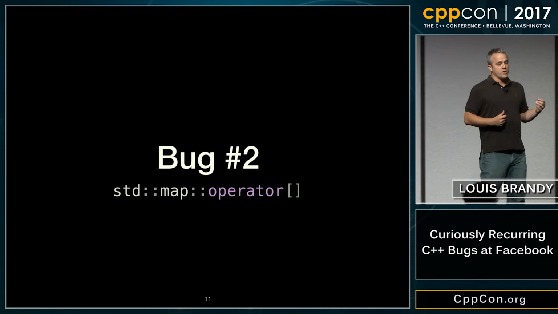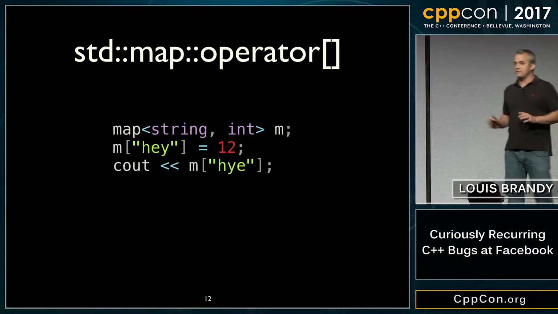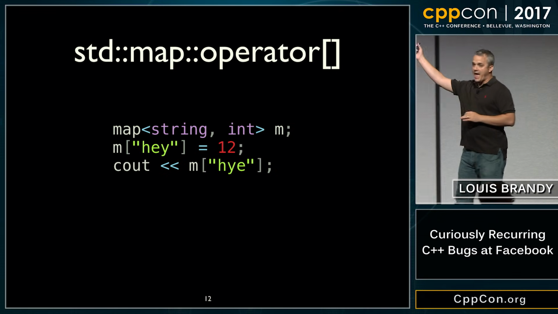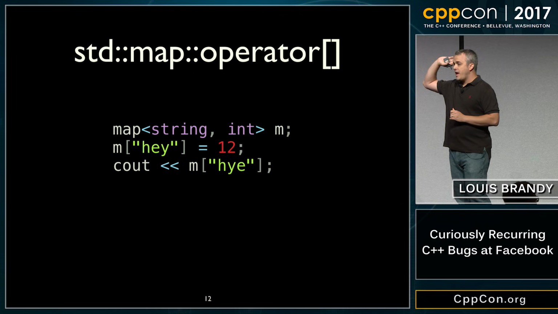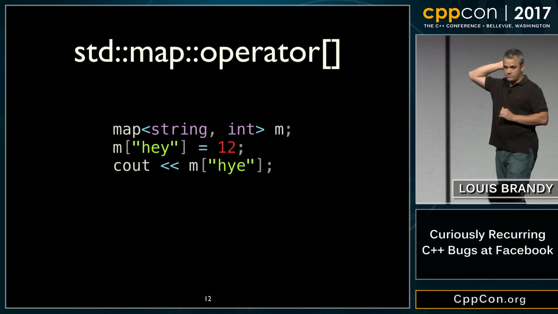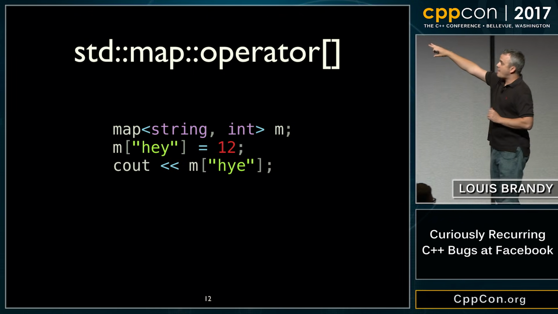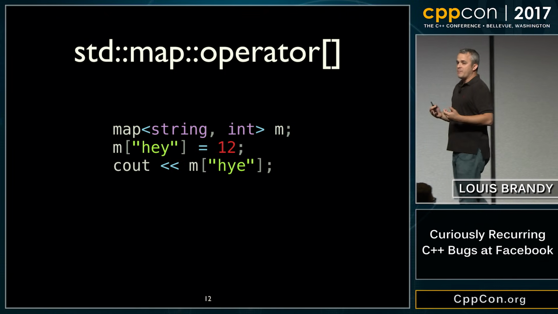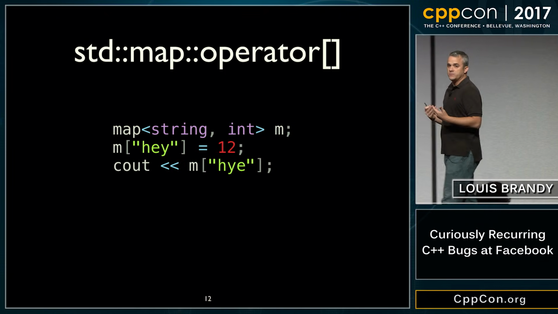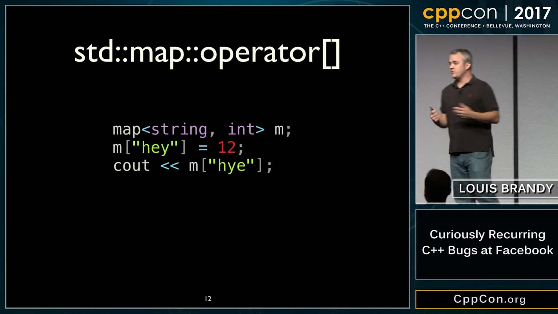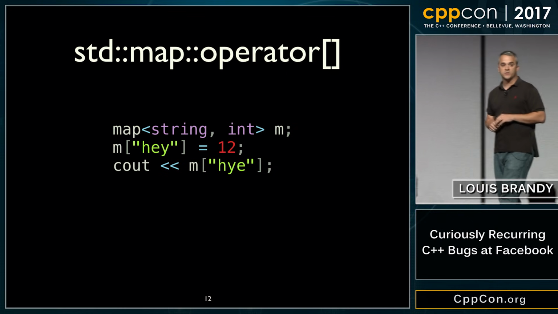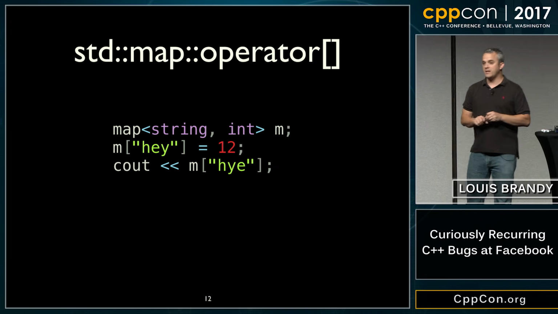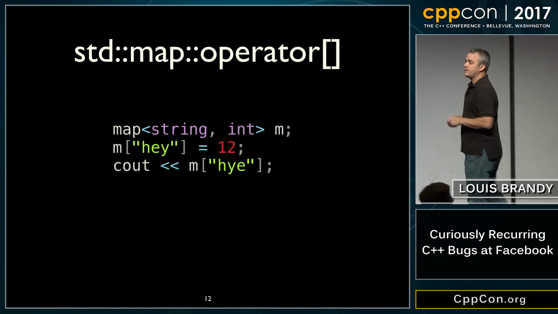So I hope most of you know where I'm headed, but if you don't, let's be clear. Map has this property that, in this case, I've set hey to 12 in my map. And then I try to print it out and I typo it. Okay, I've typoed it. So I'm trying to print out a key that doesn't exist in the map. Most of us know what happens here. It prints out 0, right? And you're used to that. That seems normal to you. Show this to a programmer that doesn't know C++ well and ask them what they think this does.